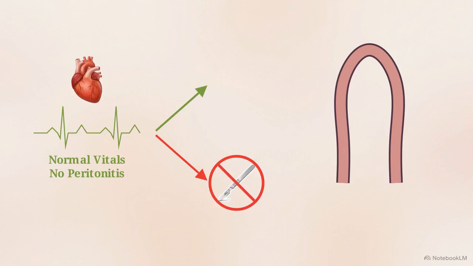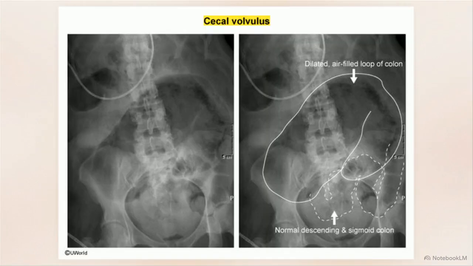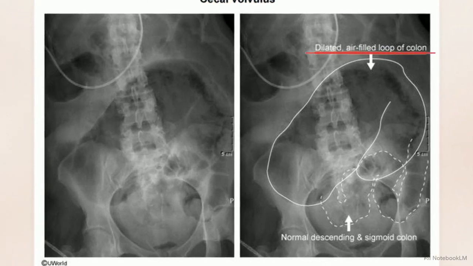Despite the massive dilation on the screen, a stable exam means we prioritize flexible sigmoidoscopy for controlled detortion over an immediate laparotomy. Contrast that with this X-ray showing a cecal volvulus, where the dilated loop crosses over into the left